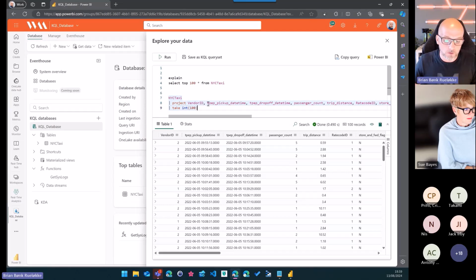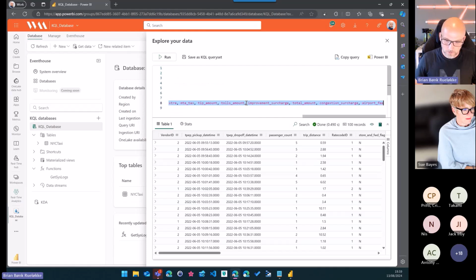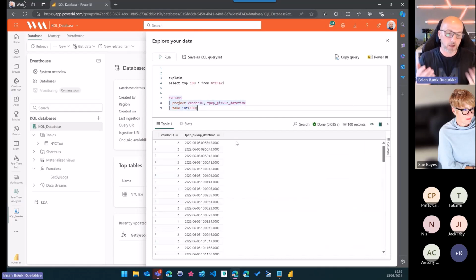If I only want some of the columns, perhaps the first two ones, that was too much. Sorry. There you go. Then I can remove it and select them, and then I only have the two first columns. If you know your way around SQL, hit explain on top of it and execute it, and you'll get your Kusto query, and you can begin to learn Kusto that way.